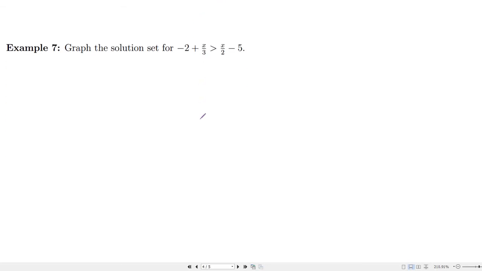Okay, well, how about this one? So here, again, we're starting out with some fractions. An option is we could move these constant terms around, but maybe we could just get rid of the fractions immediately. So we can multiply by the lowest common denominator, which would be 6, right? So if I multiply by 6,